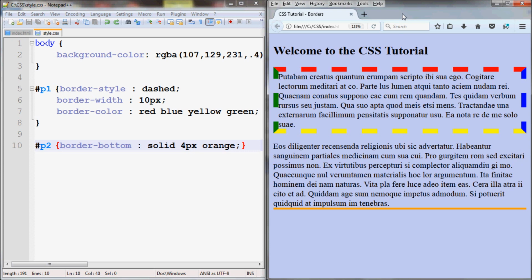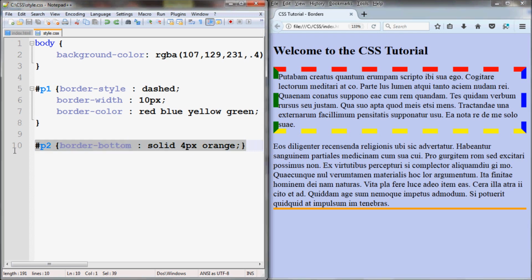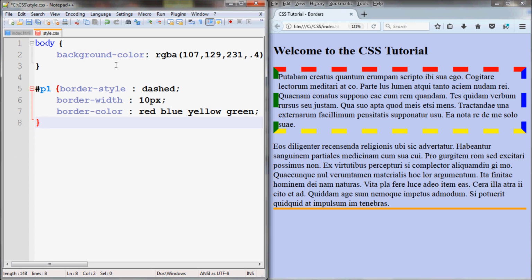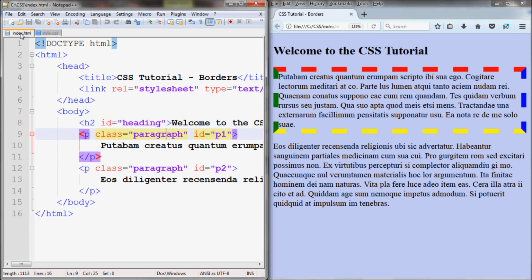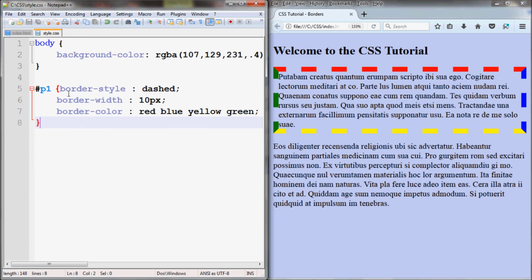Over here I have this page from the previous tutorial. Let me just remove this styling to the second paragraph, and if I save, this is what it currently looks like, and this is my HTML page. I'll apply the rounded corners to all the p tags. So instead of giving the ID, I'll give p tag, and I'll also make this a solid border, 4 pixels, and it will be a single blue color,